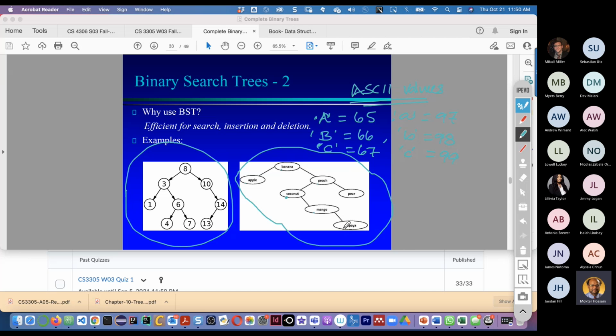And then again P is greater than M, but the question here is whether this P goes over here or over here. That is a question. Since the first character is P, we will consider the second character also.